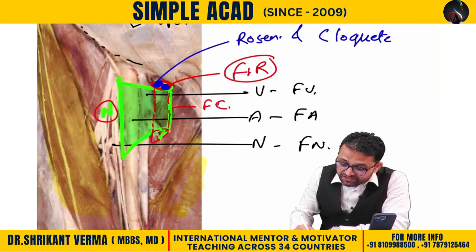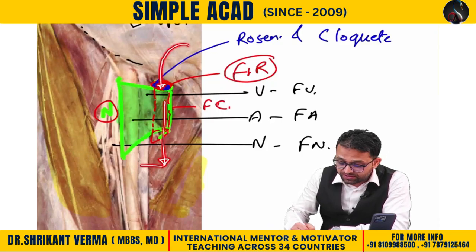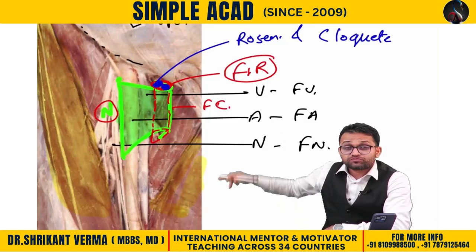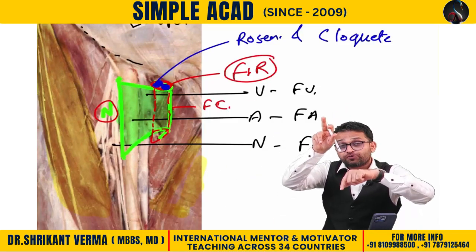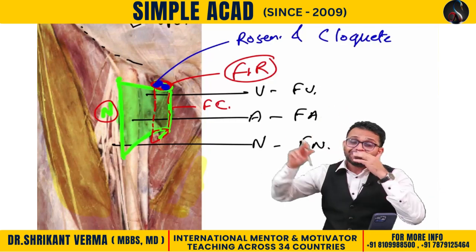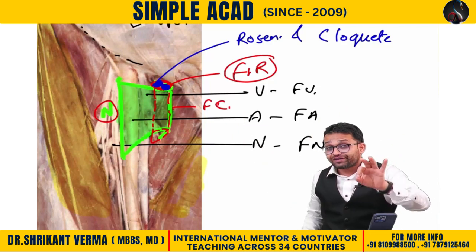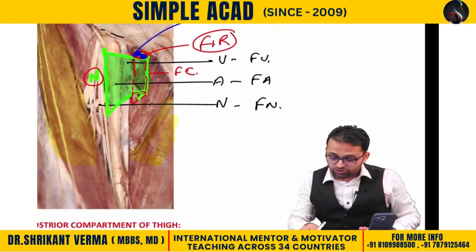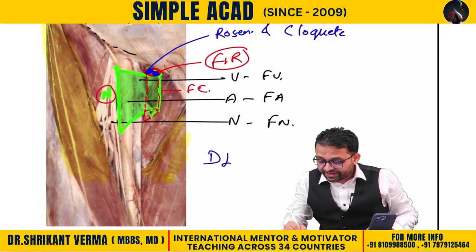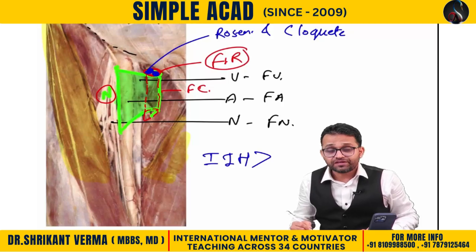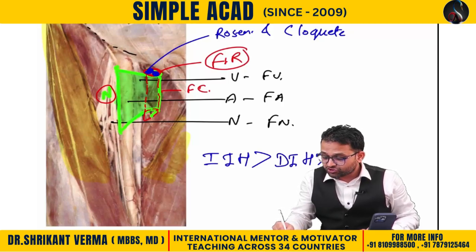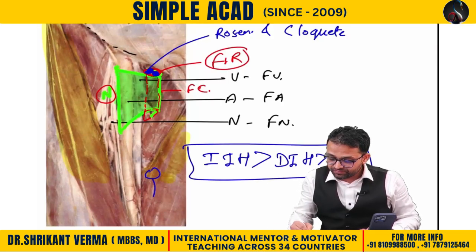So what happens in the female? The intestinal contents come through the femoral canal downward, then forward, then upward. So this is the direction of the hernia: downward, forward, upward. In surgery you will learn the direction of the reduction is opposite: downward, backward, and then upward. Remember, in female the most common hernia, direct inguinal hernia. Controversial question, INICET question. Indirect inguinal hernia is most common in female, then direct inguinal hernia, and least common is the femoral hernia in female.